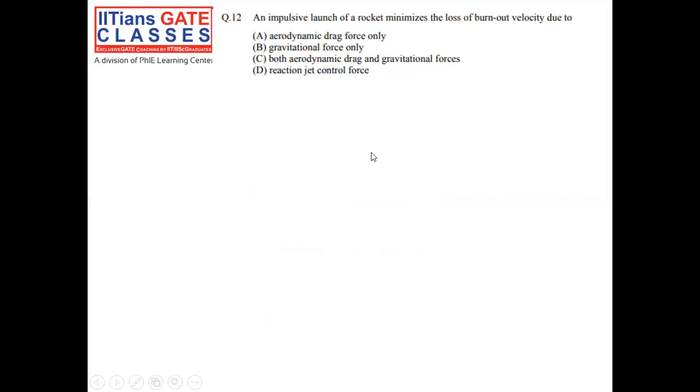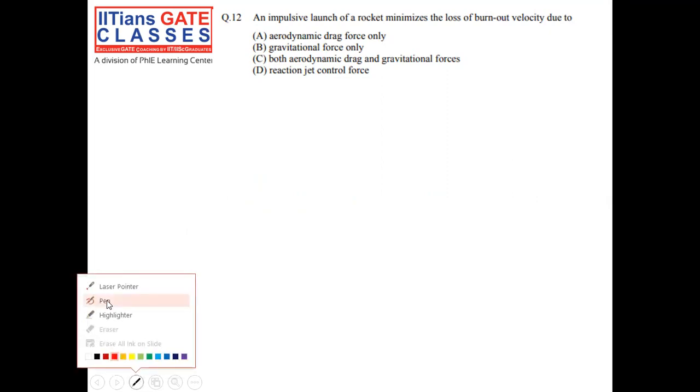The first question: an impulsive launch of a rocket minimizes the loss of burnout velocity due to which of the following: aerodynamic drag force only, gravitational force only, both aerodynamic drag and gravitational force, or reaction jet control force. So for an impulsive rocket launching,